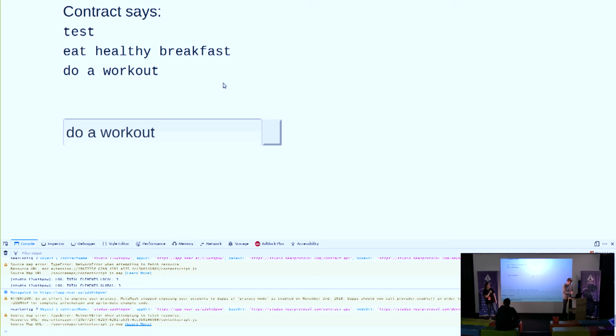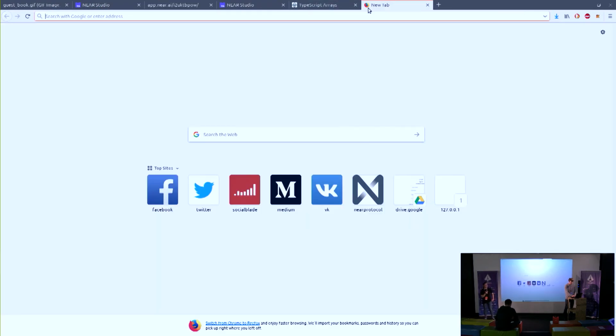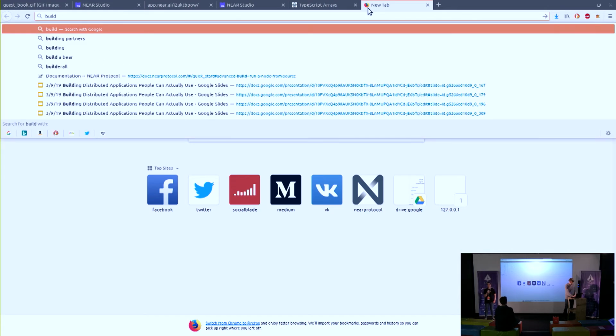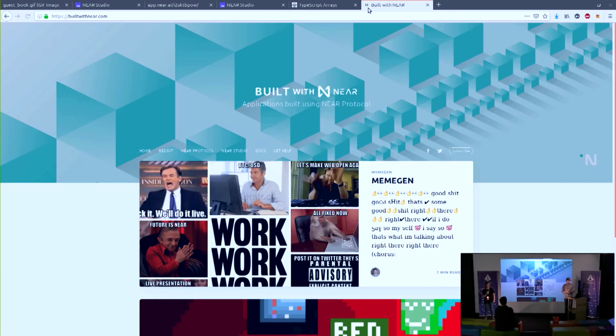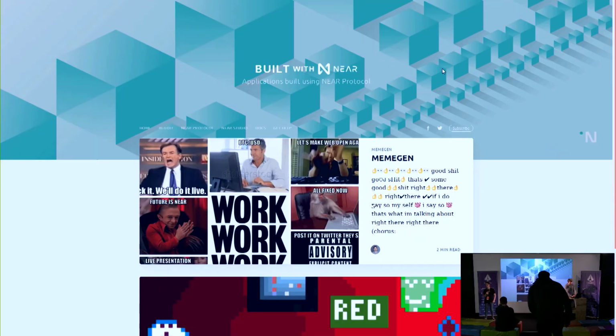Cool. Let's do a demo of some stuff built with wNEAR. That's not safe for work, you know it, right? It's fine. Okay, so we have a few toy applications built on wNEAR. And if any of you want to build something on wNEAR, please post it there as well. We have a Reddit called Built with wNEAR. You can be famous. You can be on Reddit. Sometime in the future, you will say, I was person number 3 to post on Built on wNEAR, which is the most popular subreddit today.